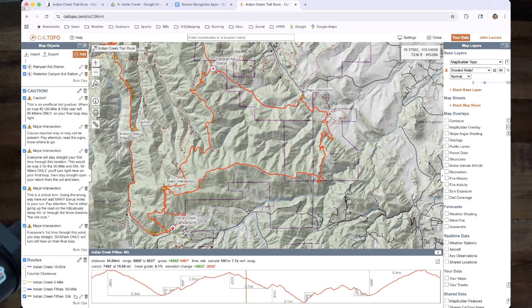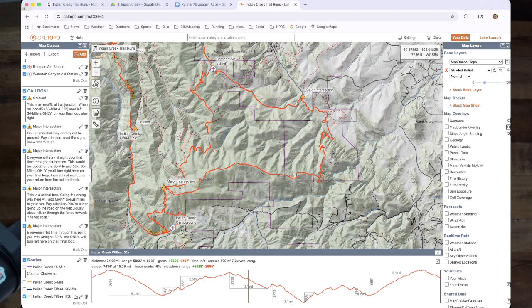That is the end of loop 1. That is mile 15. If you are in the 55K or the 50 mile, you may drop down to the 15 mile. You'll get a finisher's award and your time in the 15 mile results. If you'd like to continue, you will turn around and leave Indian Creek the way that you came in, running